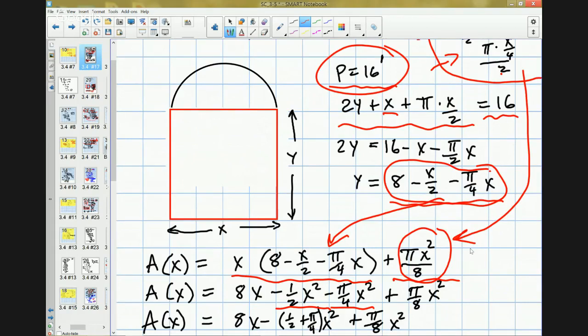So what's the area of the rectangle? x times y, right? Except we don't want to use y, we want to use this expression here for y. So here's the area of the rectangle. x times the new expression for y. Plus, and now I've got to put the area of the semicircle. Remember, how do you find the area of a